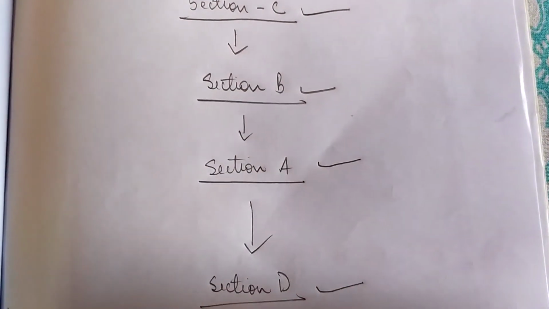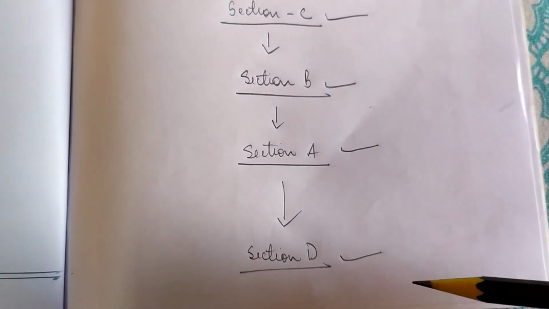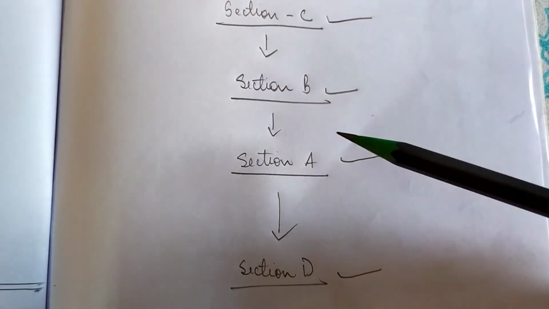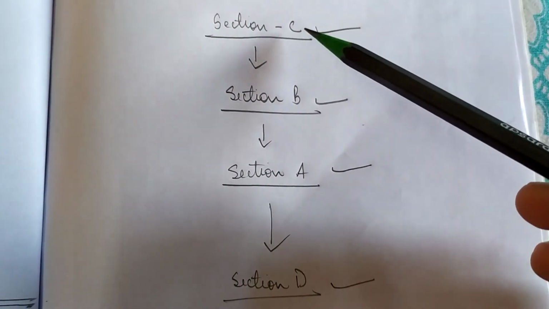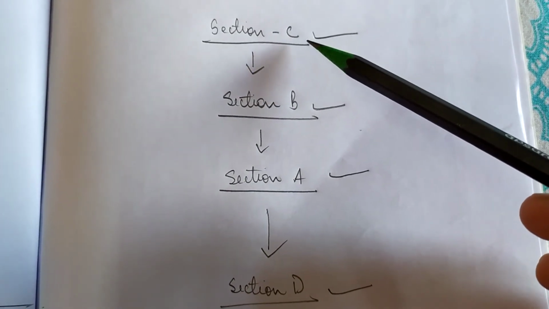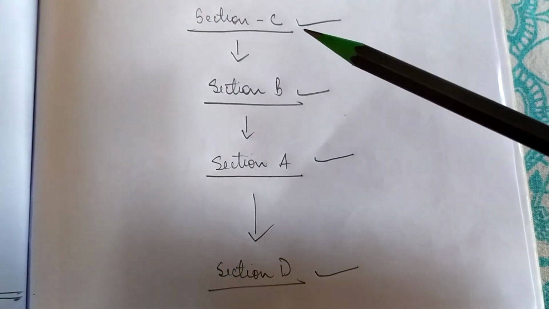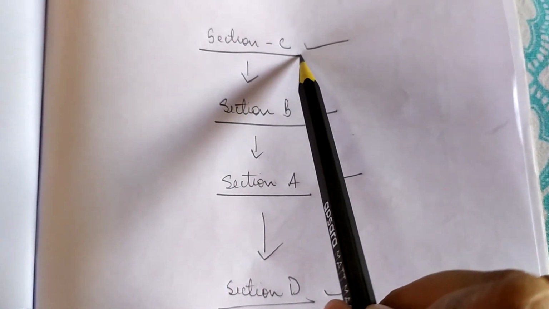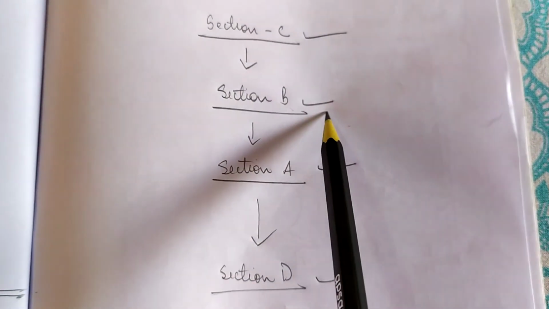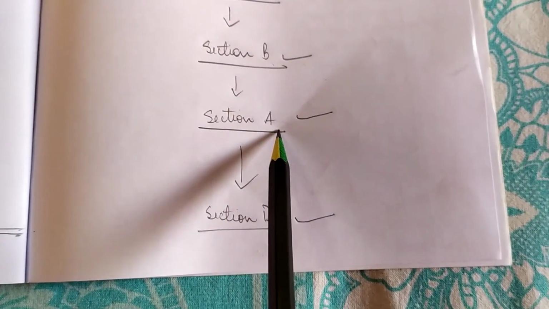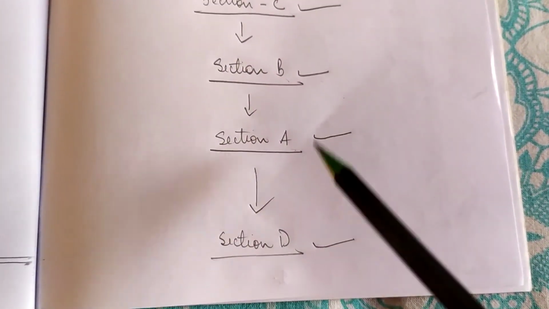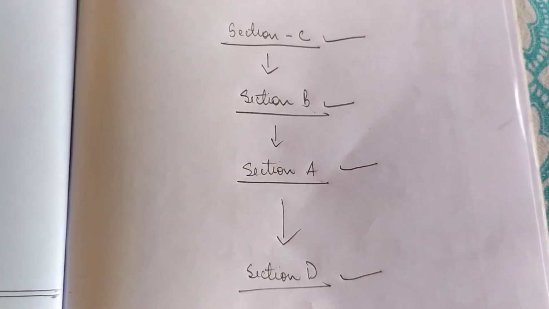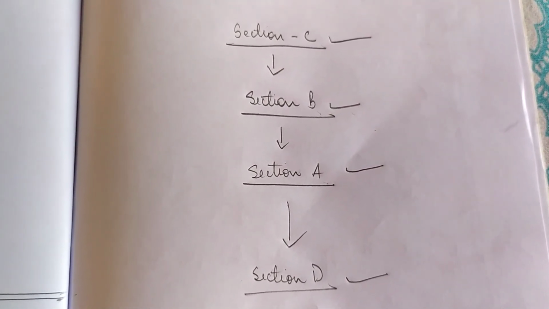With this you will be able to complete your paper on time, because there are many students who are not able to complete sections B and C on time. Section C is very lengthy and they attempt it at the very last moment. So it's better to start with section C, long answer, then section B, short answer, then section A, very short answer, and finally the map. This is my point of view if you want to complete your answers on time.